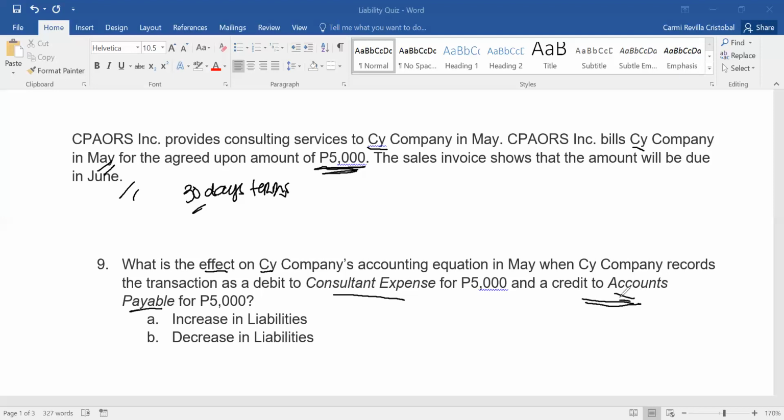And this is already liability. Okay, as long as you know what are the accounts under that section, mas madali na for you to identify. So that means the answer for number 9 is an increase in liability. Okay, all right, and last but not the least,